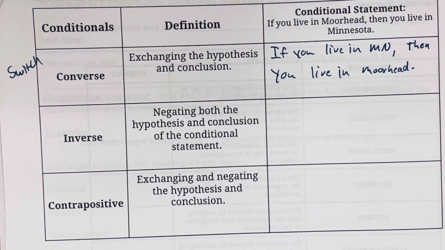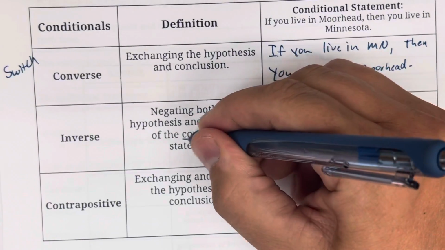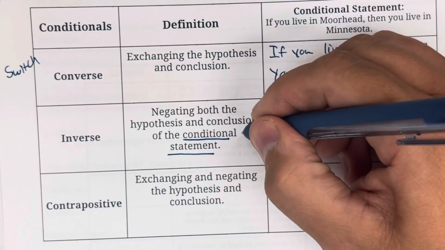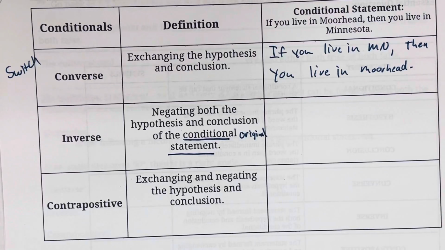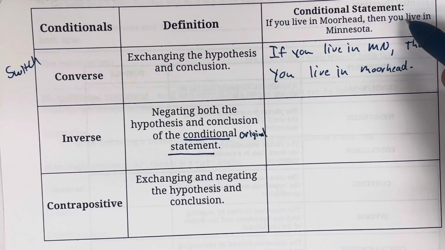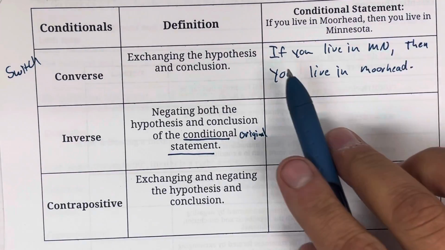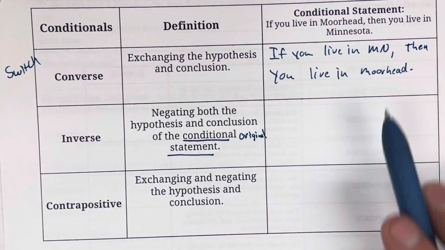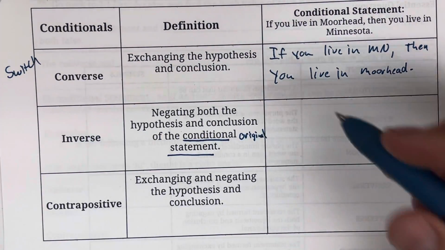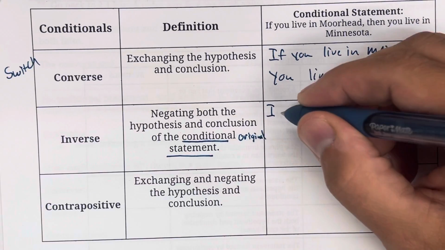Inverse. I go back to my original statement again, and I negate both the hypothesis and the conclusion of the conditional statement. So the conditional, that is the original. All right, the original one. What did we start with? So I got to go back to what we started with. All right, so for me to negate this, I would say if you live in Moorhead. For me to negate if you live in Moorhead, I would say if you don't live in Moorhead, or if you do not,